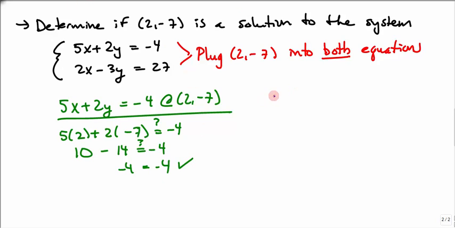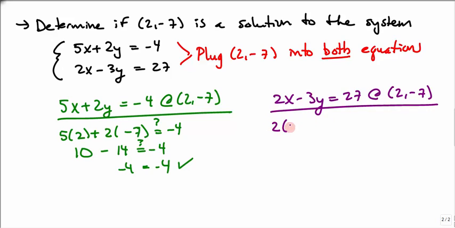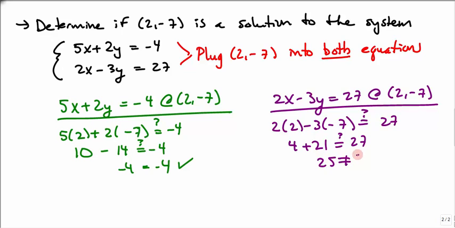So now let's check 2x minus 3y equals 27. So x is 2, y is negative 7, and I want to know, does this equal 27? Negative 3 times a negative 7 is a positive 21. 4 plus 21 is 25. 25 does not equal 27. Therefore,